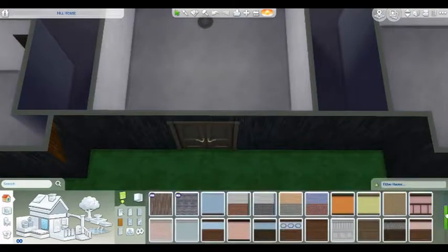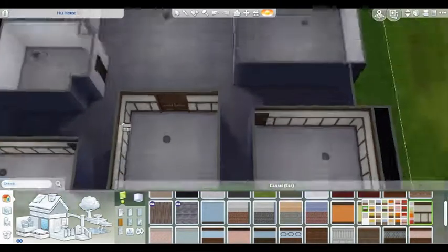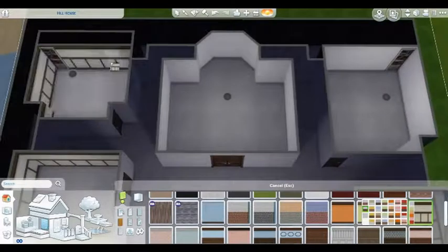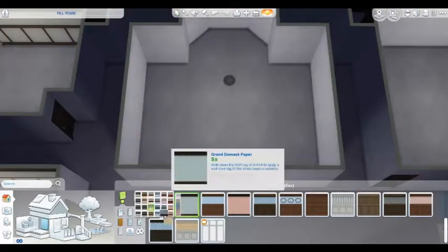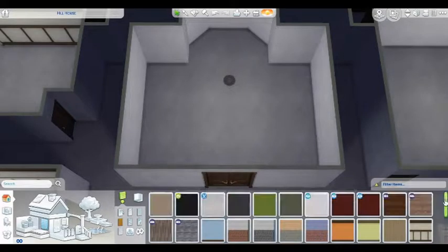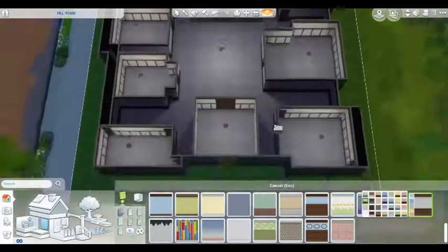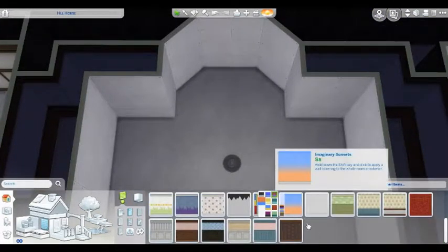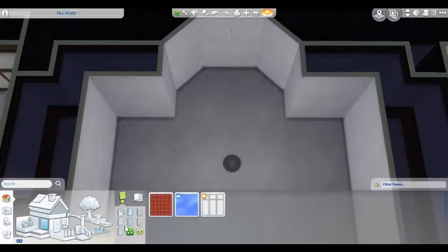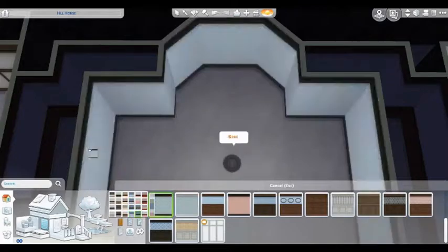And if you're wondering about the weird stuff on the side, if you haven't played the board game before, or if you've never seen the movie, certain rooms connect to other rooms. So the study connects to the kitchen, and the conservatory connects to the lounge. So as you'll see there,